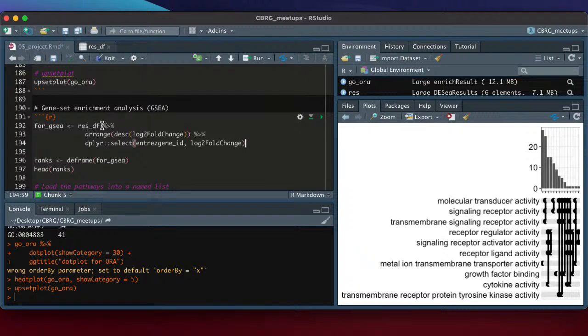I'm taking my ResDF data frame, and now I've decided that I'm going to rank my genes based on log fold change. And again, to go all the way back to our log fold shrinkage, you can see why hopefully the shrinkage helped here. Because if we hadn't done the shrinkage, a lot of the high ranked genes, the ones with the really high fold changes, would have been genes with really low read counts.